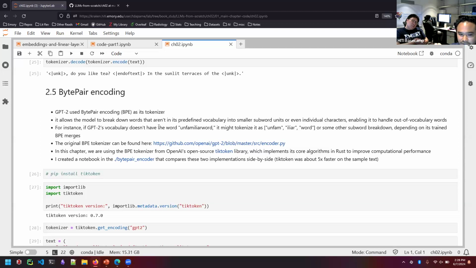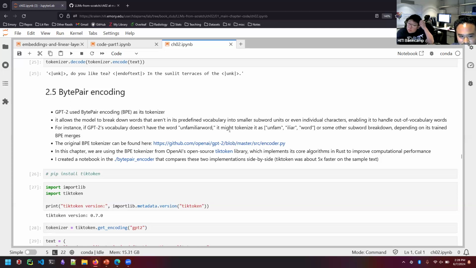Then it looks at which pairs of characters have a higher chance of being together, and if these combinations are found more in the vocabulary, then it is assigned to that